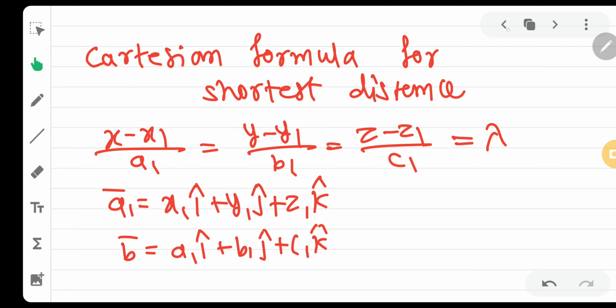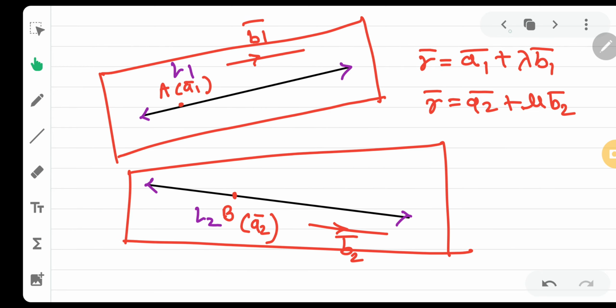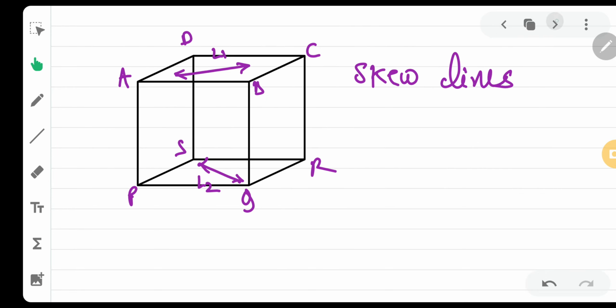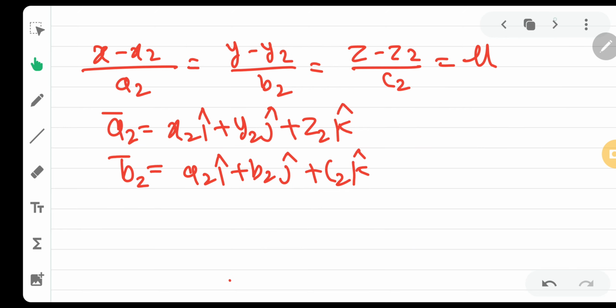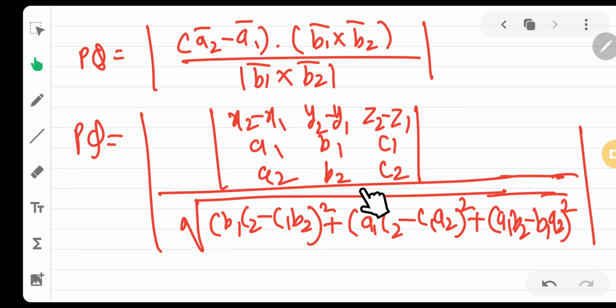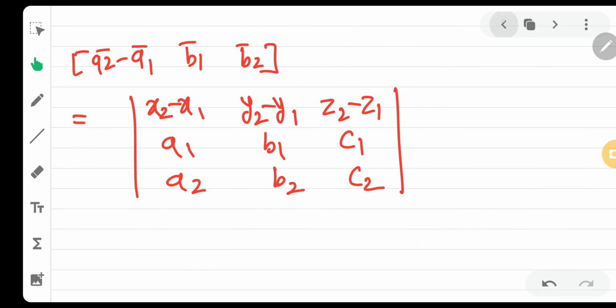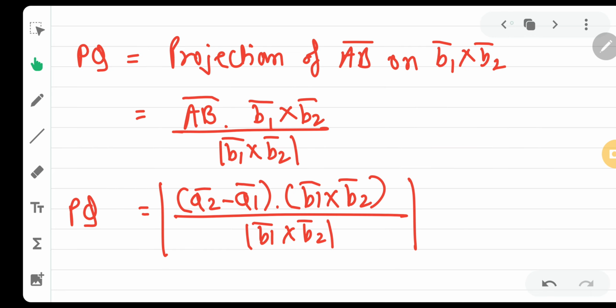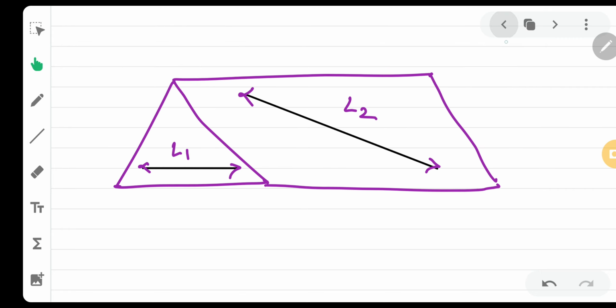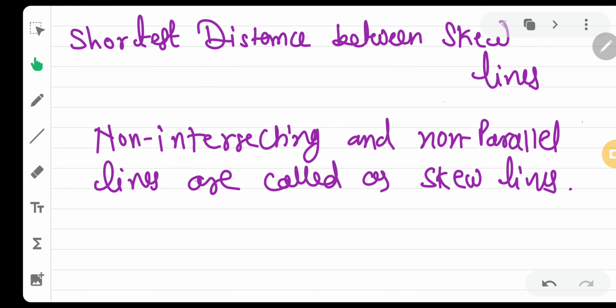I will be uploading one more video for the shortest distance calculation with exact sums, so that you know how to use this shortest distance formula in the vector form and also in the Cartesian form. I hope you have understood and enjoyed this derivation to the fullest. Okay, so I'll be uploading more videos on this in order to make you understand how to use these formulas for shortest distance between skew lines. Also, I'll be uploading the shortest distance between parallel lines very soon. So keep watching out guys.